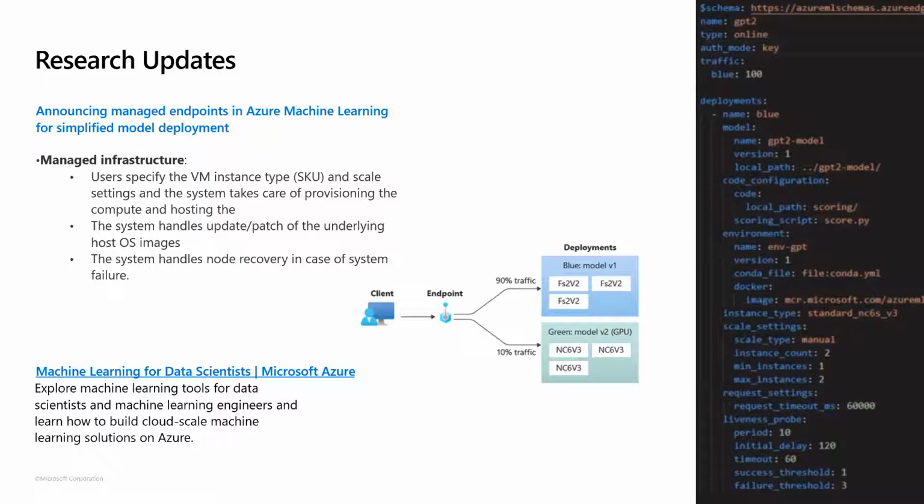So all of a sudden I'm starting to get really flexible on how I can handle patching of the underlying OS if I'm doing some of that kind of stuff, or node recovery. It's a big deal when you think about if your model is out there and it's deployed, what are some of the things that you can do behind it to maintain recovery in the case of failure.